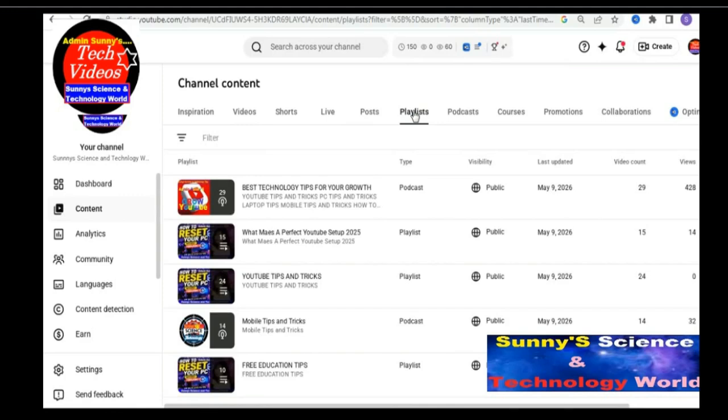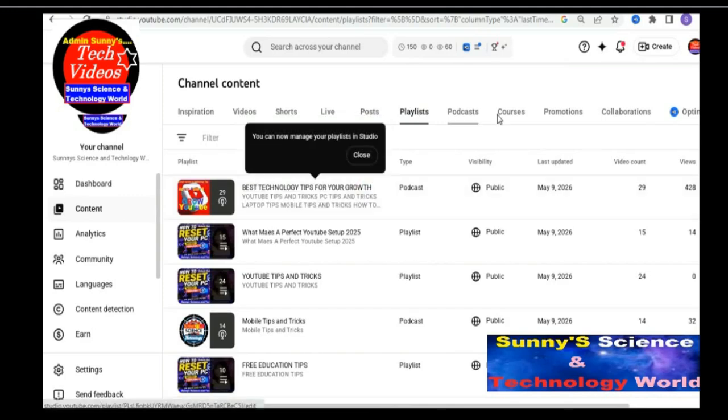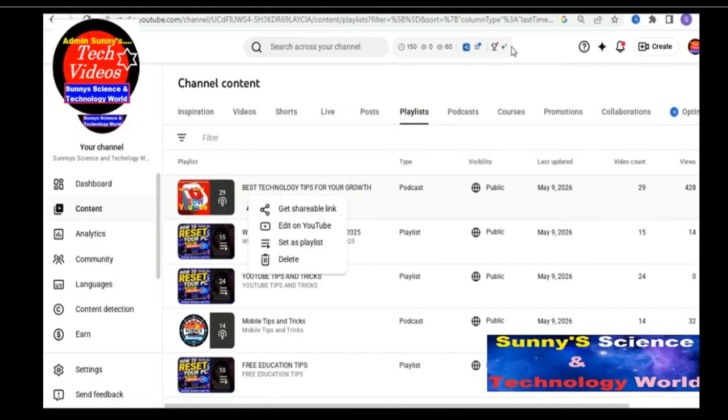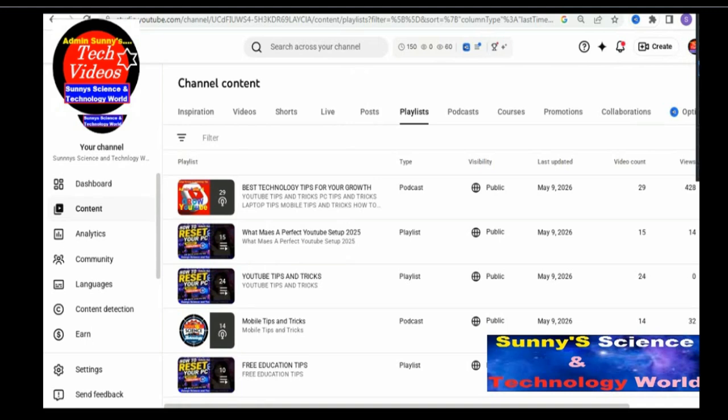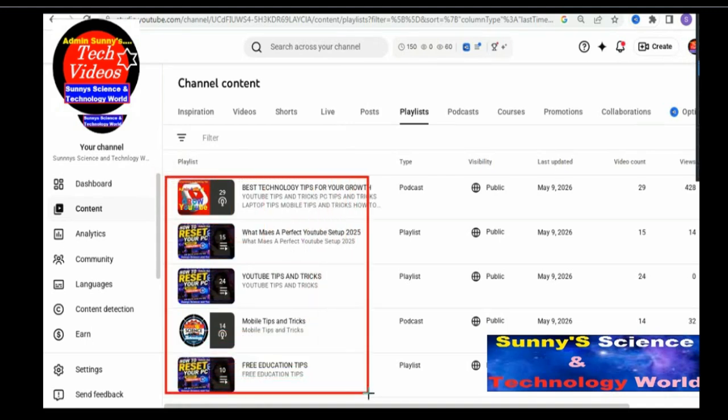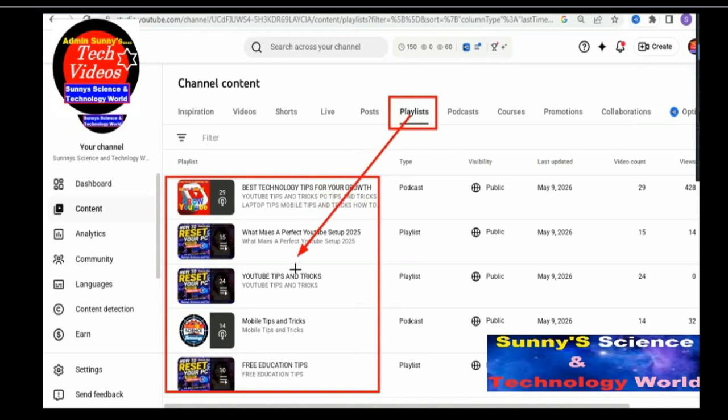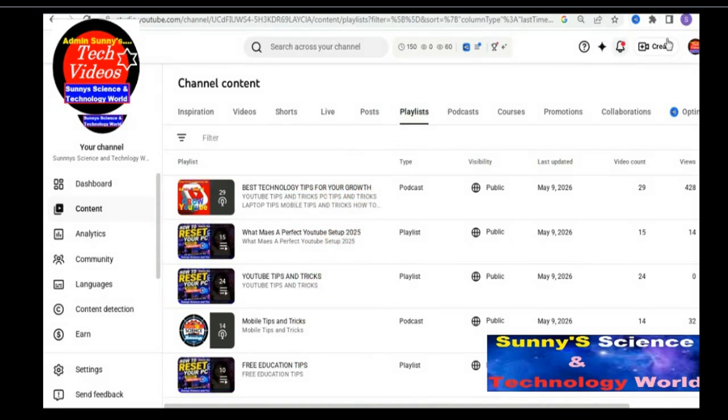After clicking on playlist, see at the top bar there is an option. Click on that option, as I am showing you, and you will see the create a playlist option, which is sometimes not available in this part. When you click on these parts, it will give you shareable links and it will show you the playlist created by you.